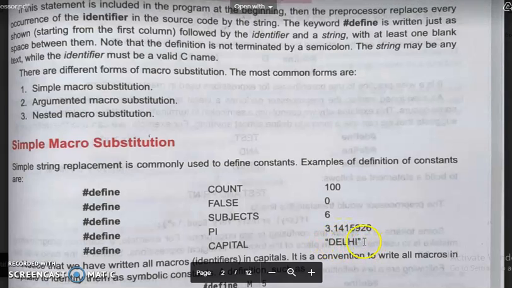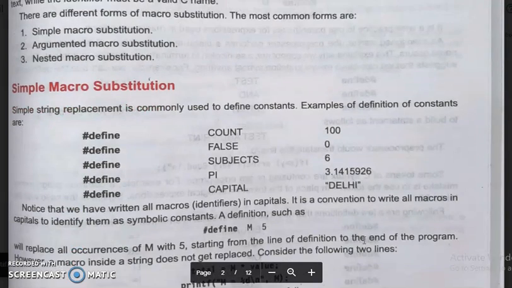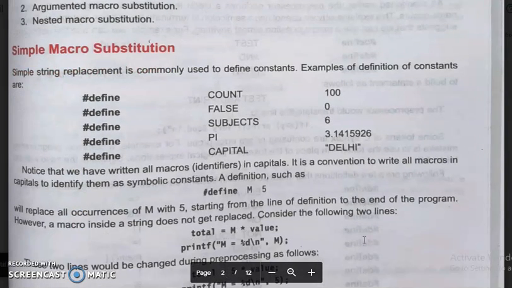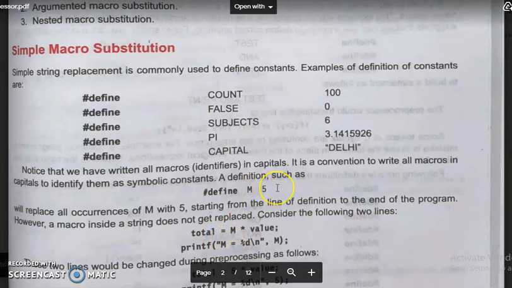While you are giving a string, that must be enclosed between the double quotes. Notice that we have written all macros, that means identifiers, in capitals. It is a convention to write all macros in capitals to identify them as symbolic constants. Okay. A definition such as #define YUM 5 means